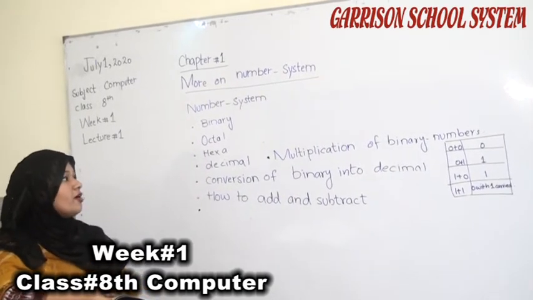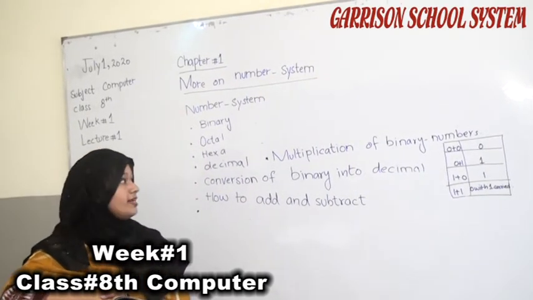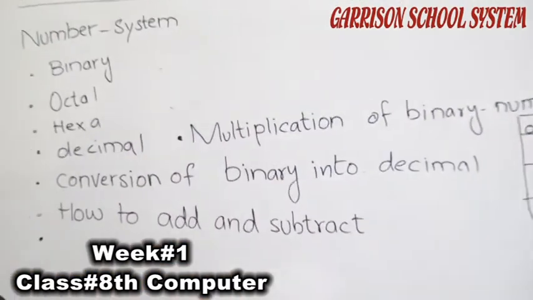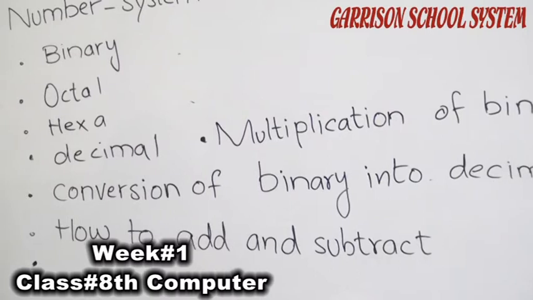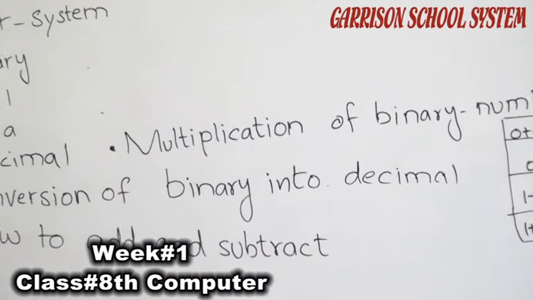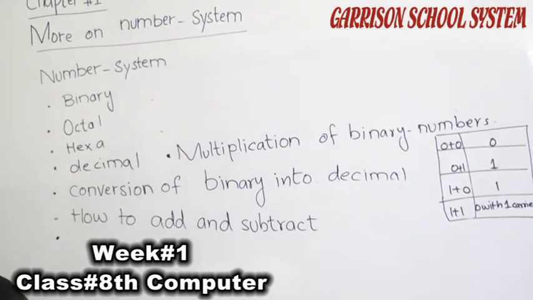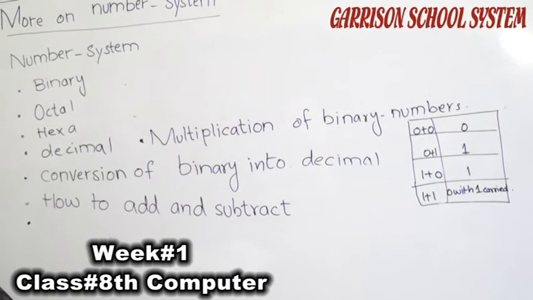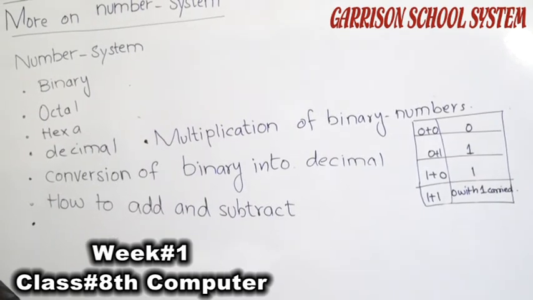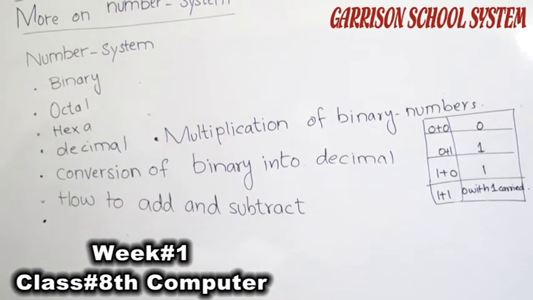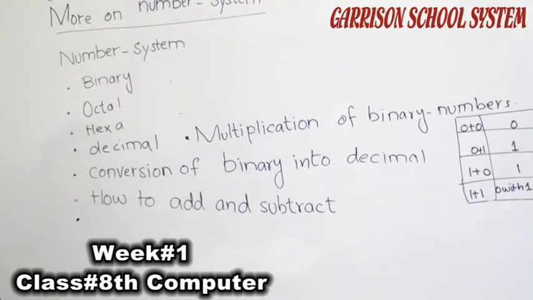In this unit, first of all, we understand the topic of multiplication of binary numbers. What do we mean by multiplication of binary numbers? Multiplying binary is quite simple. It is similar to multiplying two numbers in the decimal number system. We only need to multiply ones and zero. First of all, I will tell you the base of number system.